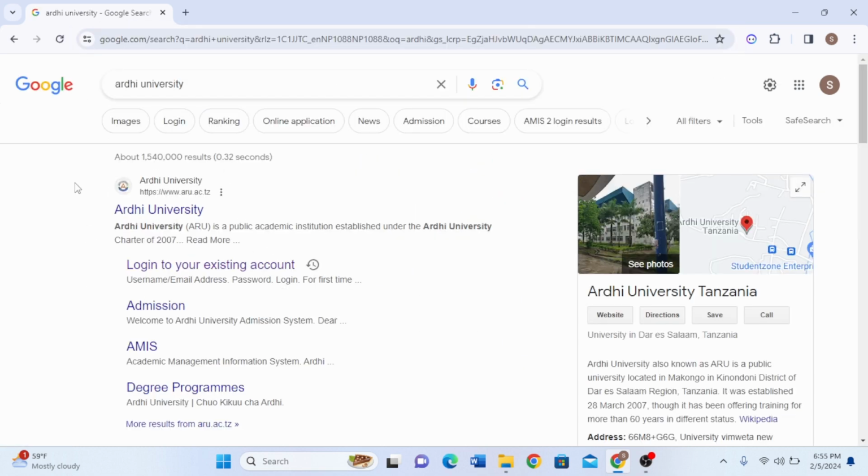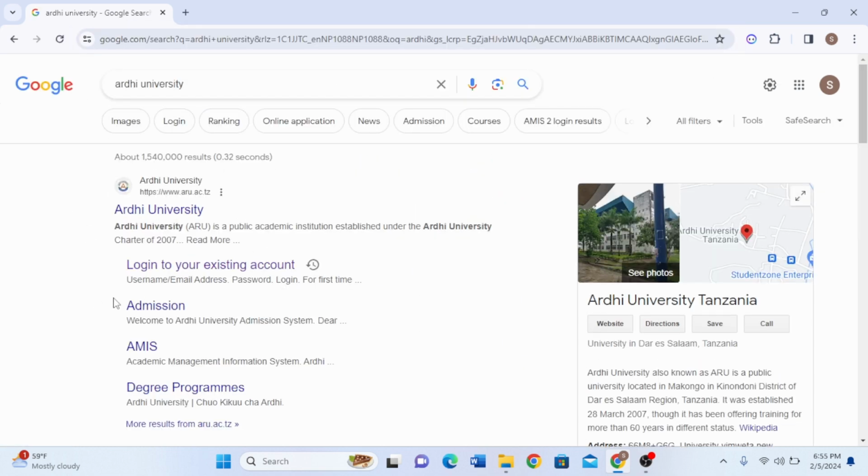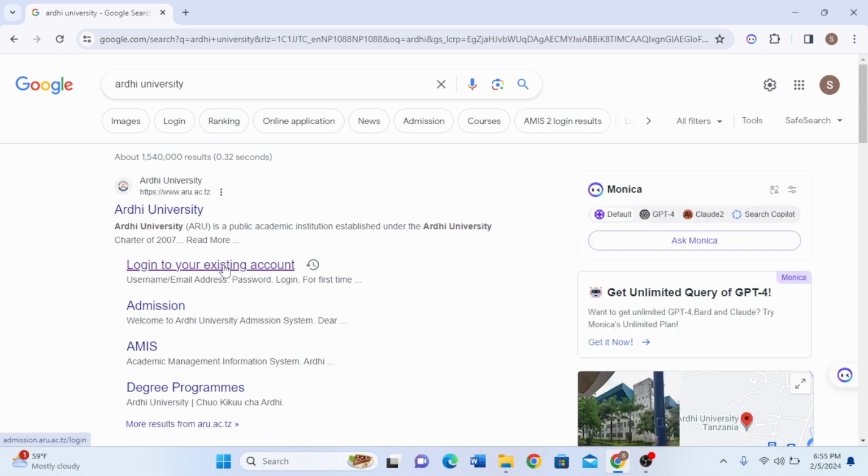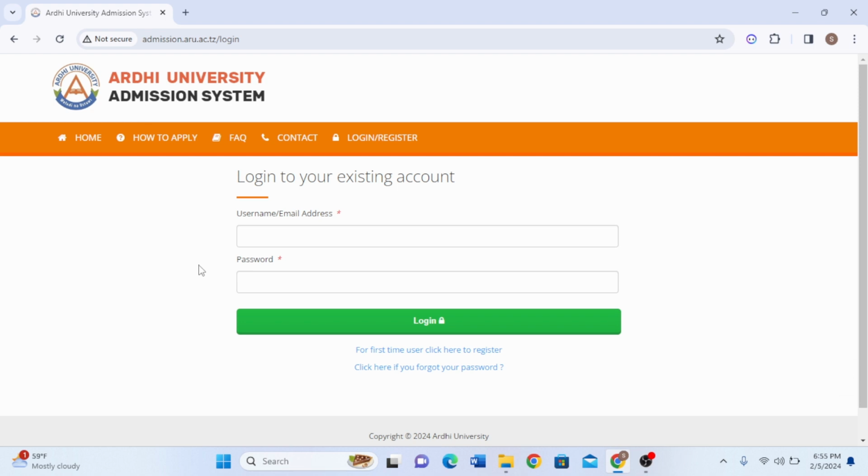And from here, from the search results, we could see we have to click on this option that says log into your existing account. And it will get into an interface like this. Here we could see in order to log in, you are required with your username or email address as well as your password. Simply type down your username or your email address as per you prefer and your password as well. And after that, click on this login option right over here, and then you'll be successfully able to log